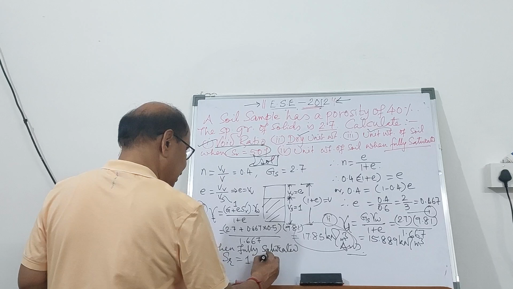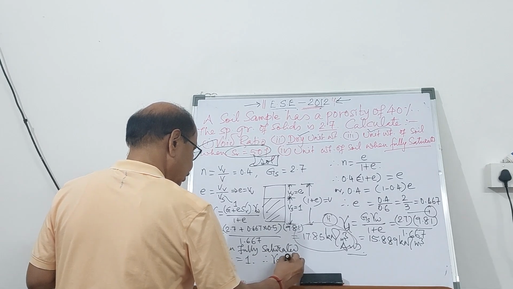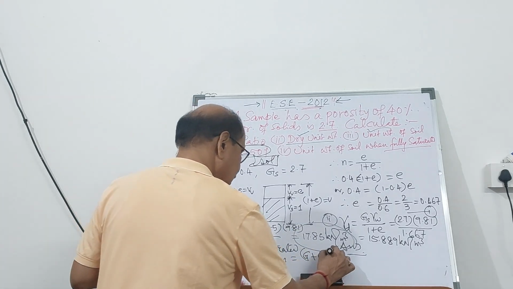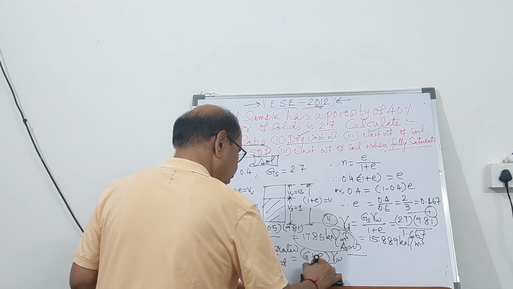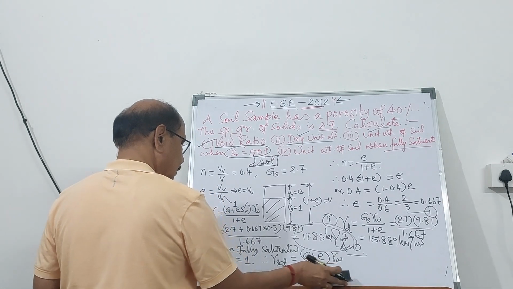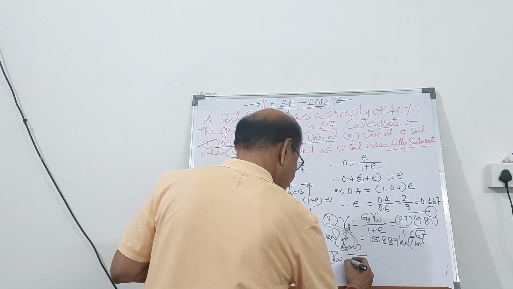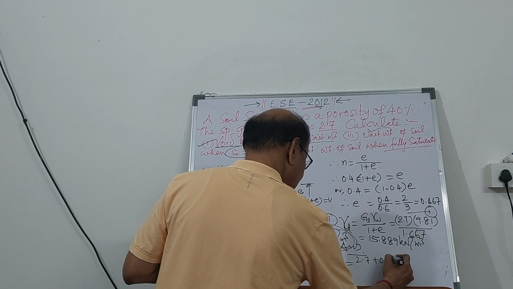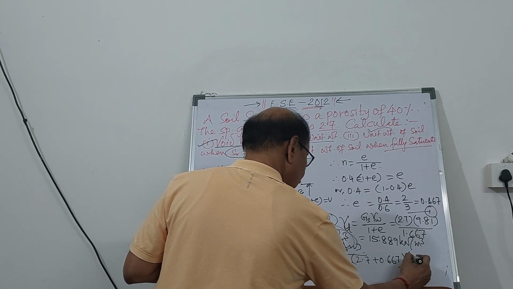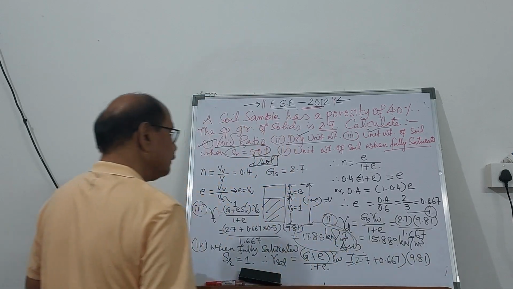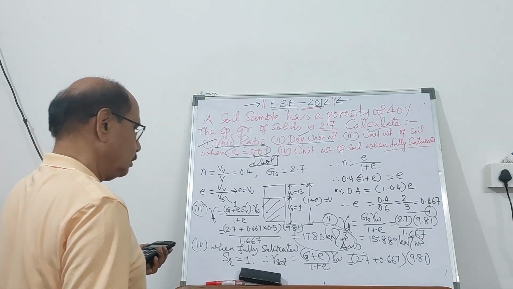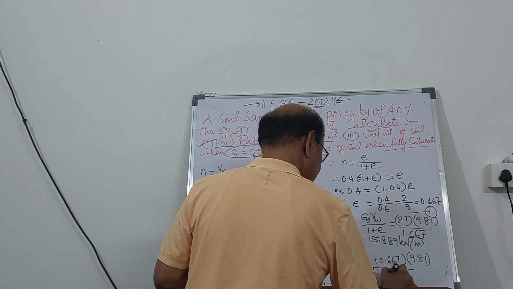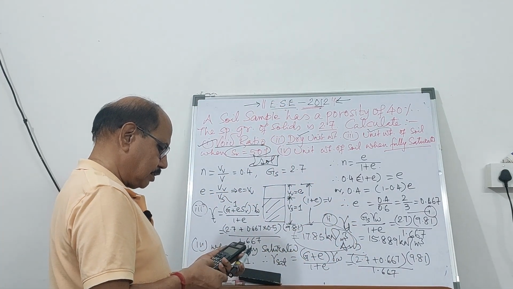So therefore, gamma saturated will be G plus E, SR becomes 1, gamma W upon 1 plus E. So we will substitute and calculate: 2.7 plus 0.667 into 9.81 divided by 1.667. So if you calculate this, let us calculate